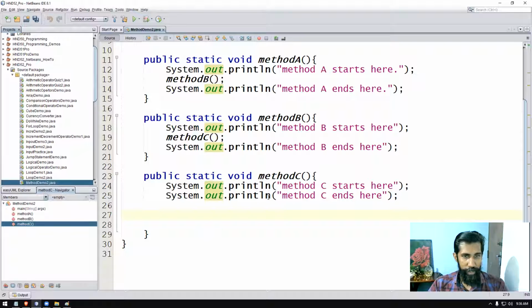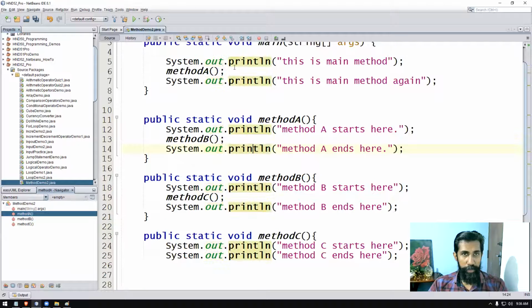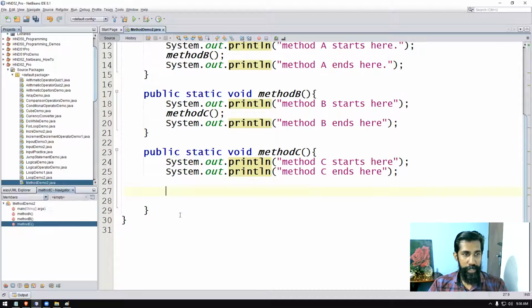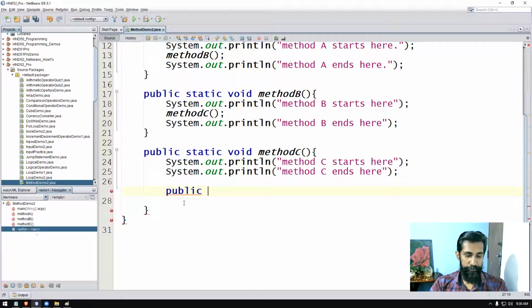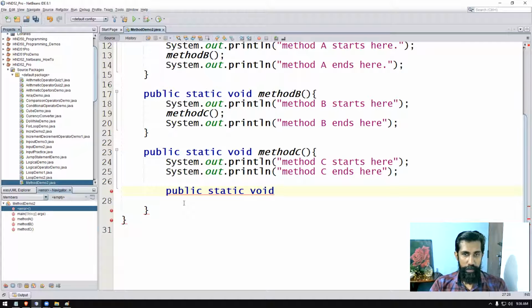So I am in method C. If I go here, can you see that it is shifting? I'm going to the main method, right? Okay, I'm inside method C now. See, I'm going to write something. Let's write public static void method D, and